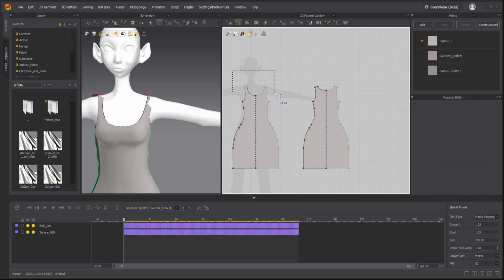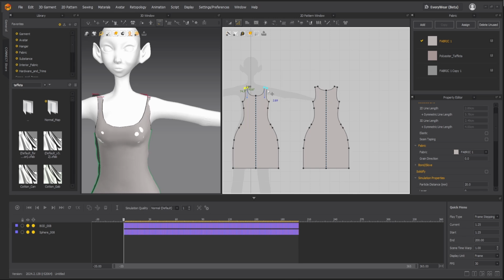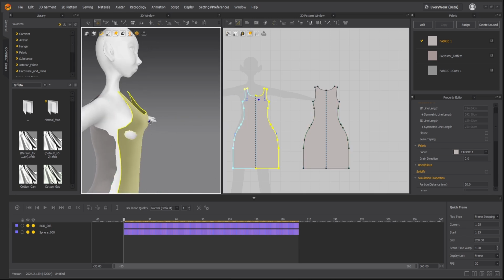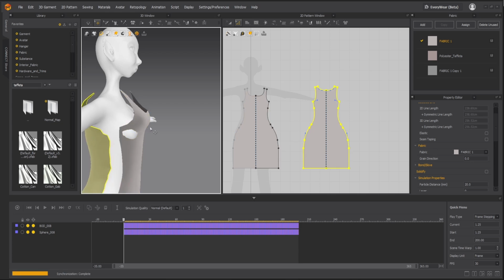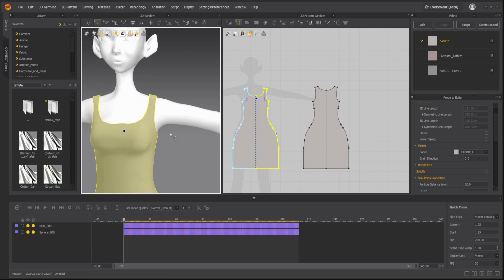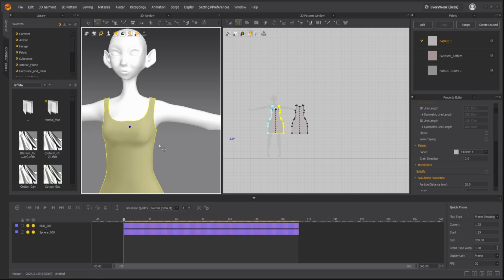Or maybe just, so I'm just pressing Q here to, that's better. Now, if you're having some fitting issues